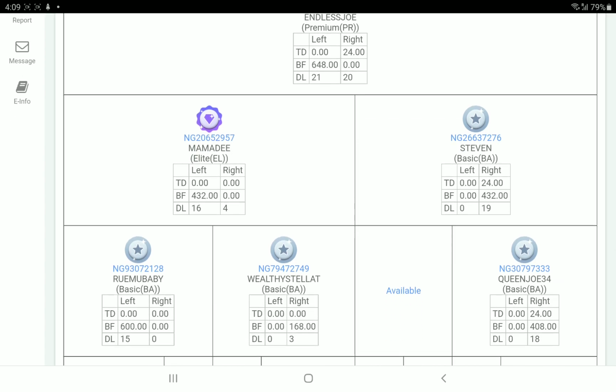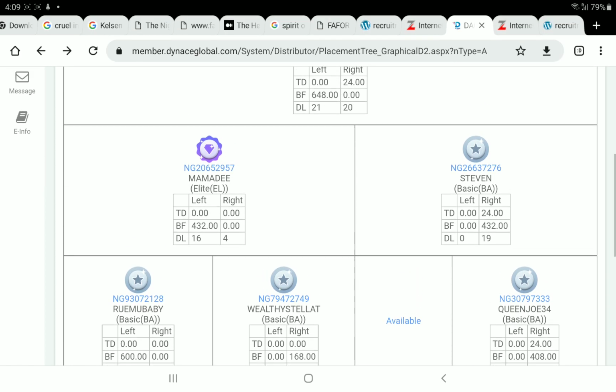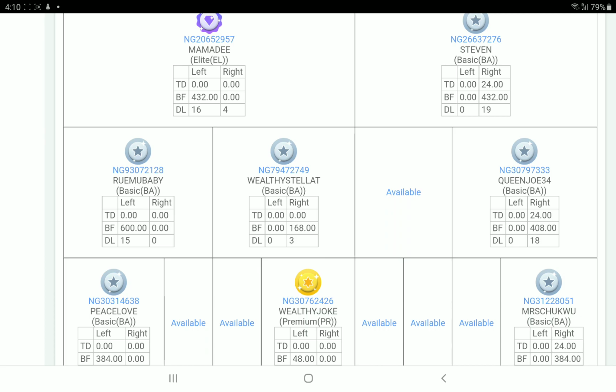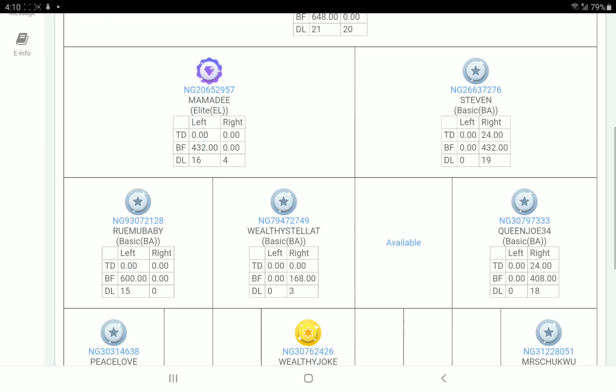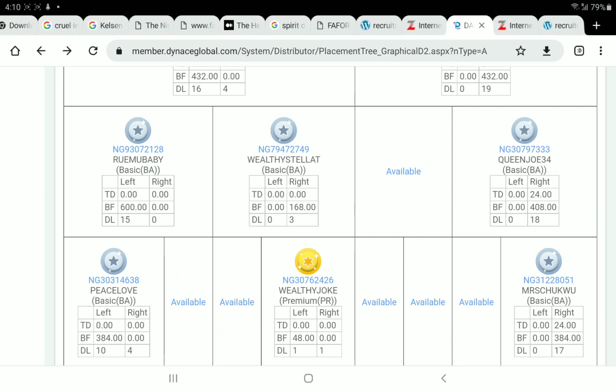So for now, if you look at the right of Endless Joe, you discover that all his placement has been on the right. Why? Because the moment he registered, he has to support his team. Everybody that is registering, he has to place them on the last person he registered. So he registered Stephen. So when he was going to register Queen Joe, he placed Queen Joe under Stephen on the right, and he maintained that right. So if you notice, on the left of Stephen is available, the left of Queen Joe, and don't forget this available